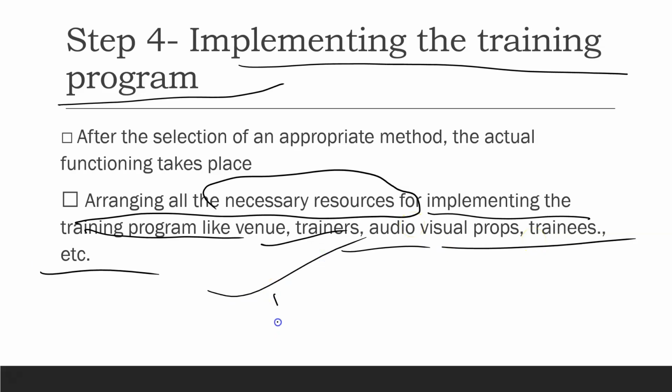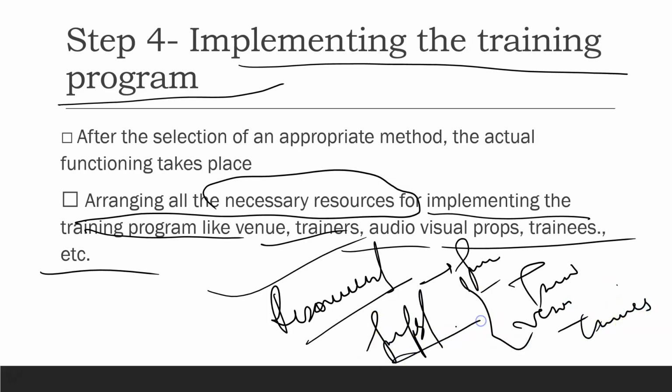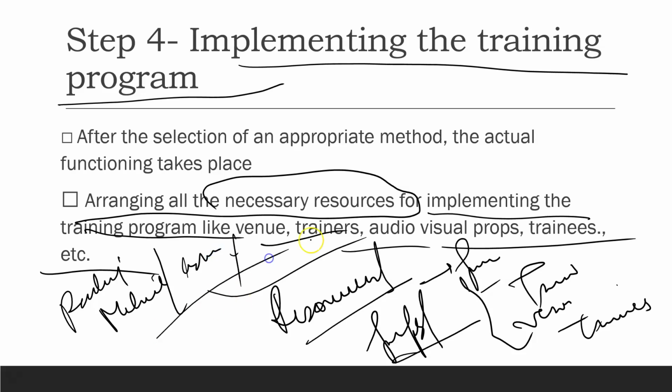So you need to look into what are the various resources you require for providing training. So you need trainers, obviously you need a venue, you need trainees who are getting trained, you may be looking for some props, you may be looking for certain material related to training. It could be reading material, it could be case studies. So it could be depending upon what kind of training you are providing to them. Whatever is required for that particular training, you must arrange those necessary resources so that in this stage the training